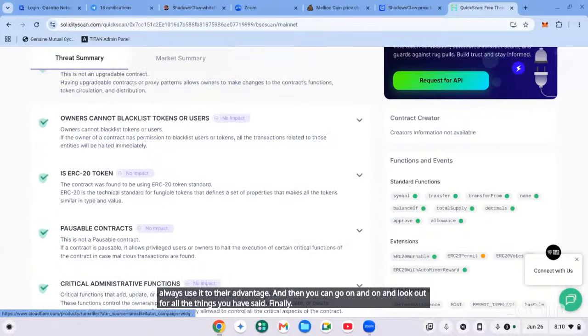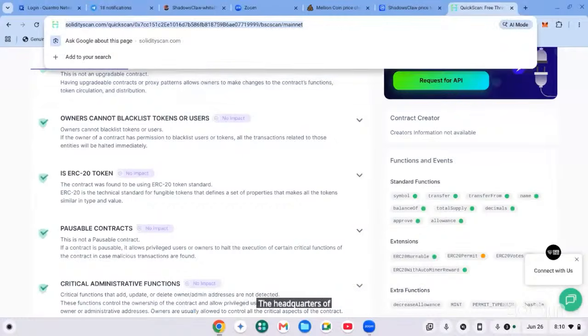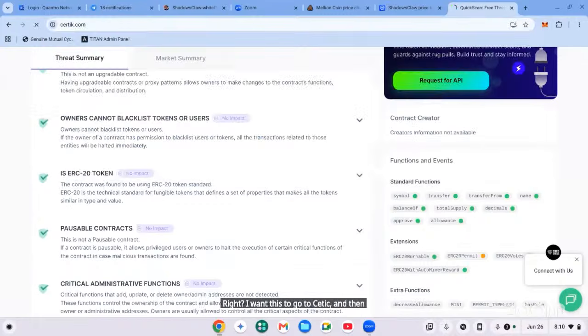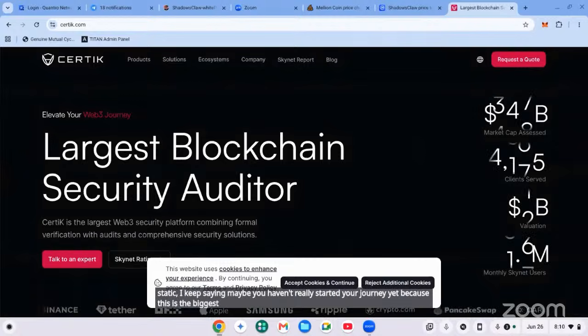Finally, before I touch in the next 5 minutes, I want us to also go to the headquarters of smart contract security and audit, what we call CERTIK, right? I want us to go to CERTIK, and then let's find out if genuinely all these things Jerry is bragging about are true. First of all, if you are in the crypto space and your brand is not on CERTIK, I keep saying maybe you haven't really started your journey yet, because this is the biggest blockchain security auditor. All the favorite brands